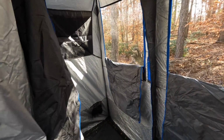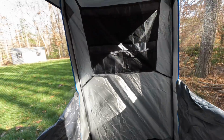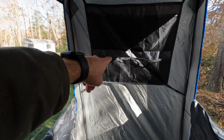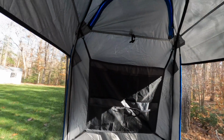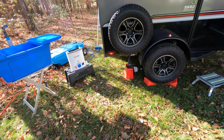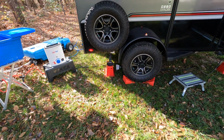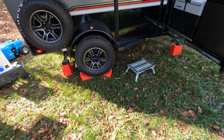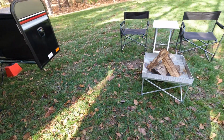And here's the shower. I love this tent because it has plenty of window for breeze and ventilation. Here's another pouch for your products, and there goes the shower setup here. Leveling buckets, as well as some wheel chocks there. I have my stepper there. I have my pop-up